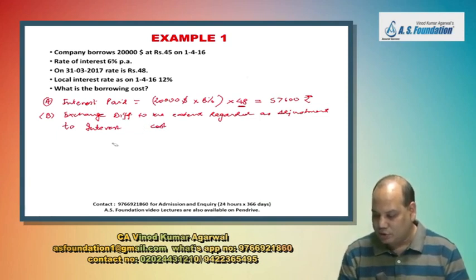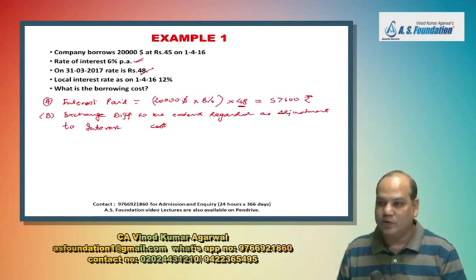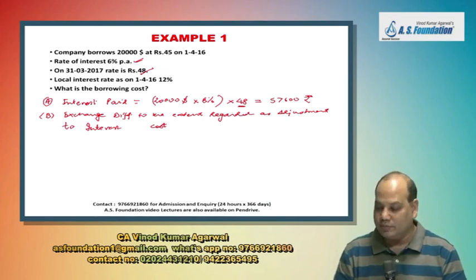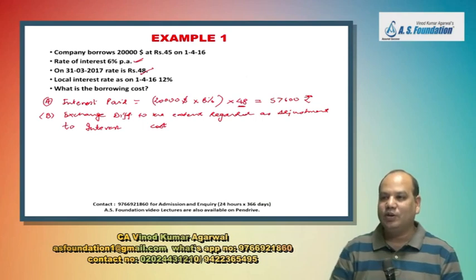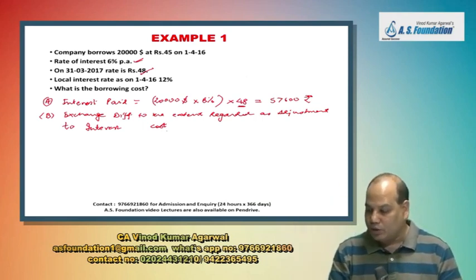As I've told you, generally it is found that if you have a lower interest rate in that currency, it will appreciate. Okay. And the logic for that is that otherwise everybody will go to that country only and borrow money. But by the time you start bringing the money or repaying the money, the exchange rate would have gone up. Now, how to calculate this?